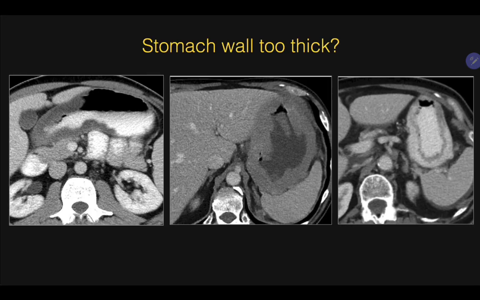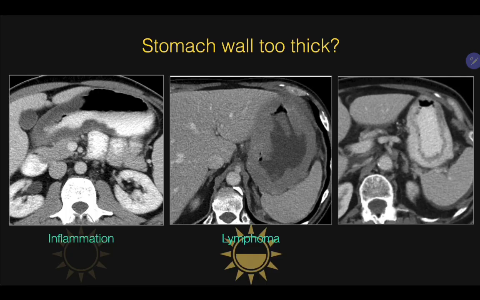As you know, inflammation of the stomach wall is relatively dark, which indicates edema. Lymphoma infiltrating the stomach wall will have a more intermediate attenuation wall thickening and often looks relatively bland and featureless without clear distinction of the mucosa and the muscularis. And finally, infiltrative adenocarcinoma will often enhance and can appear quite bright. Notice how the tumor infiltration in this case is similar in overall brightness compared to the bright oral contrast within